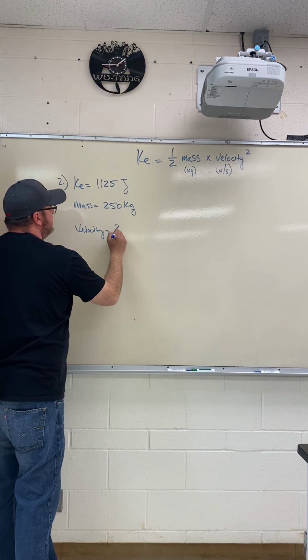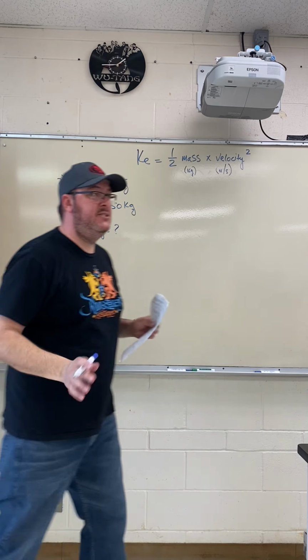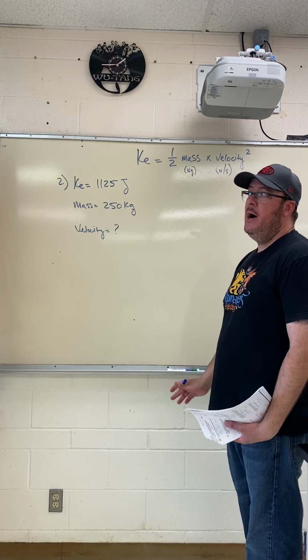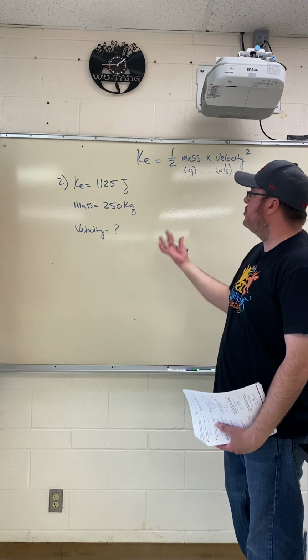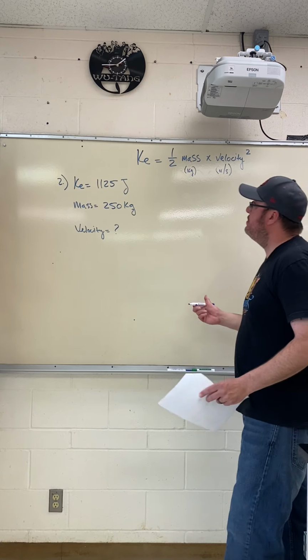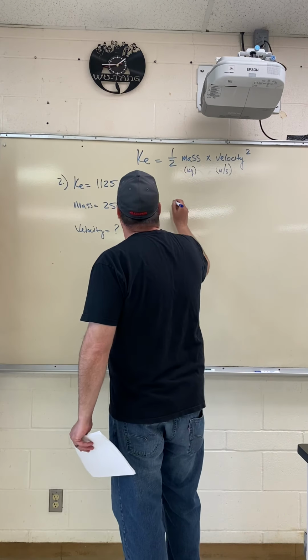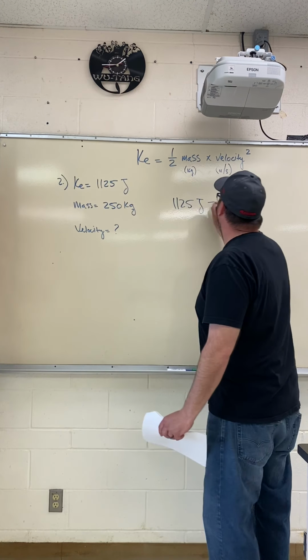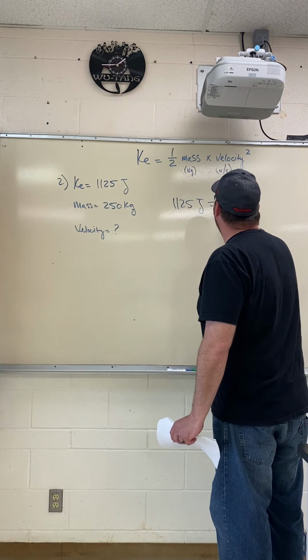Now, out of the problems in solving for these, mass tends to be the easier one to solve for a lot of students, while velocity can be a little tricky just because of this whole square rooting thing. So I'm going to show you how I do this and break this down, and hopefully it will help you guys immensely. So I've got 1125 joules is equal to 1/2 my mass